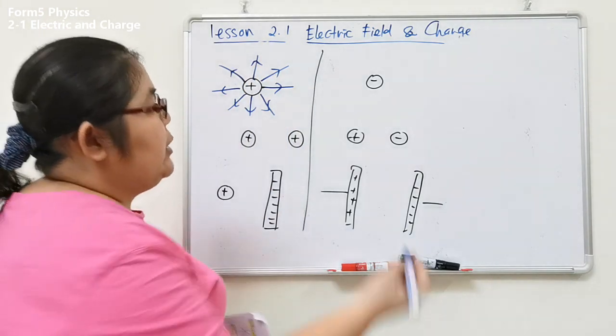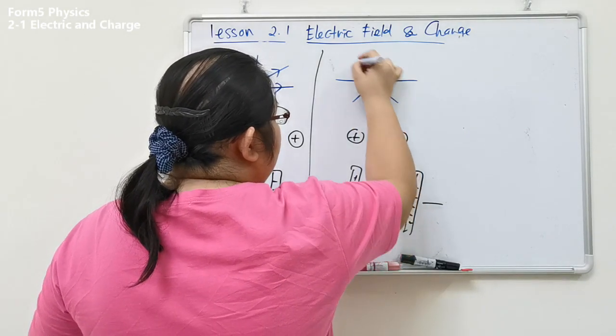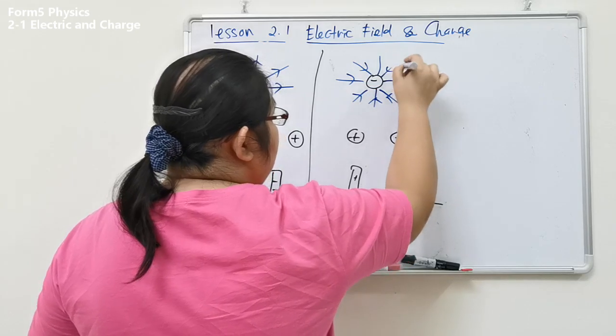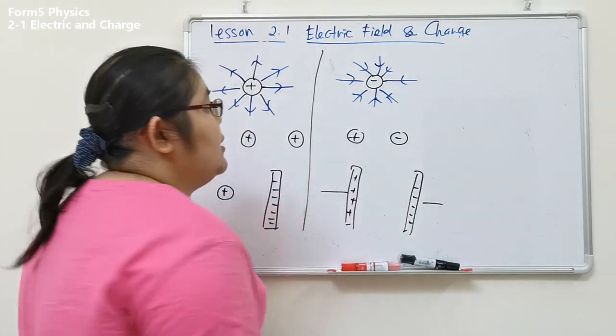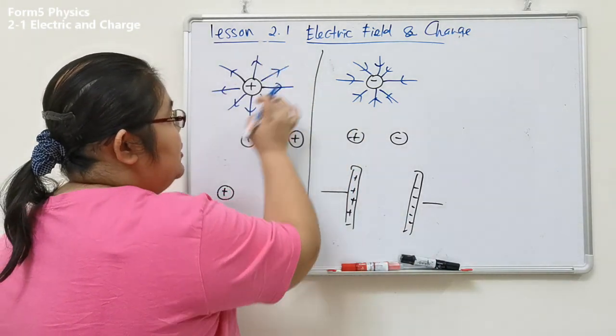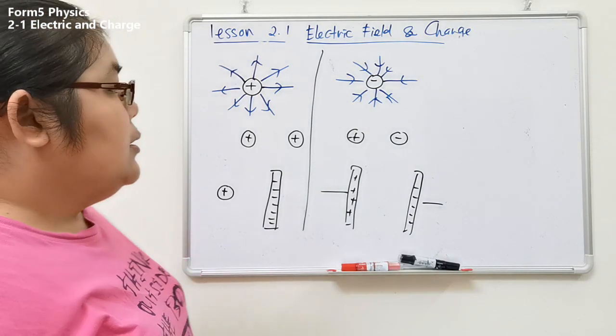Okay, negative is also the same, the pattern is the same, the only difference is the direction the arrow is going. Okay, so this one is a negative charge. Okay, this all is an electric field. Then this one is an electric force, or you can say electric field lines. Okay, next,